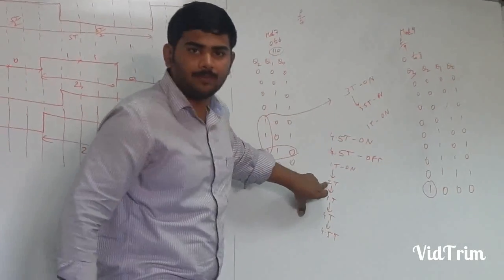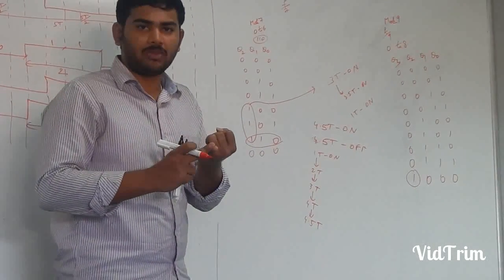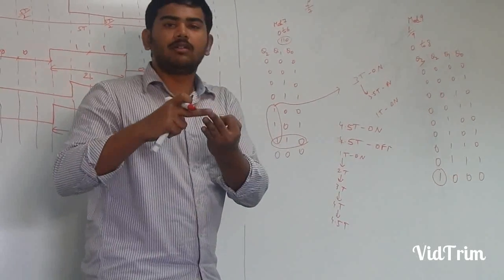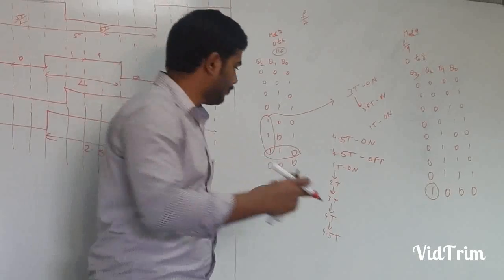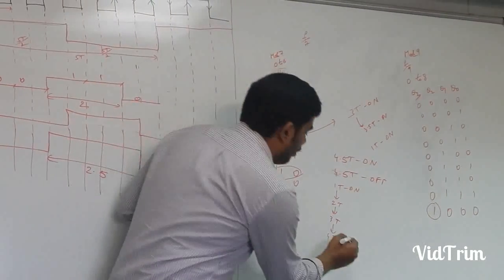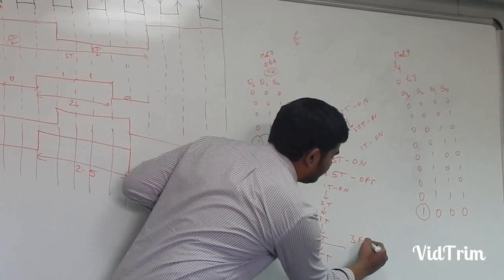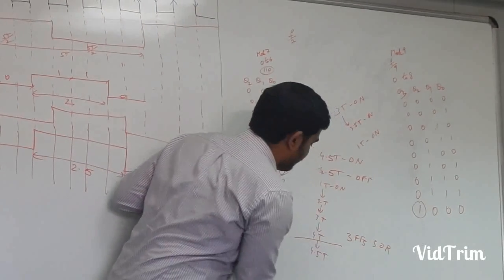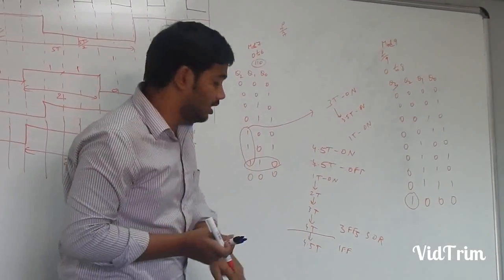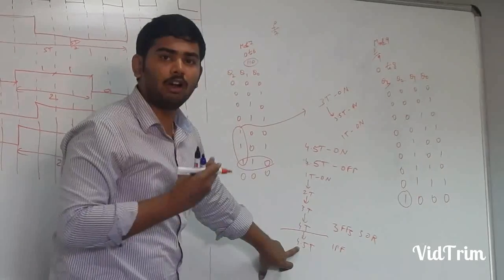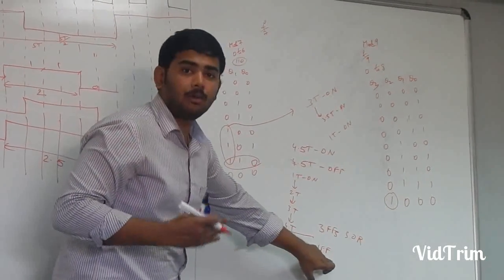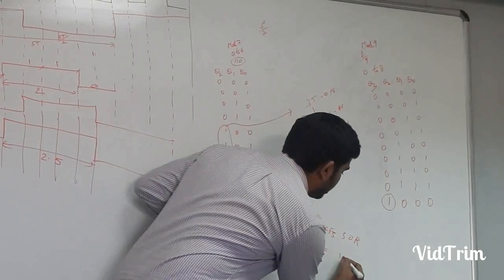1t to make 2t, I need 1 extra clock pulse, 1 OR gate. 2t to make 3t, 1 more flip flop and 1 more OR gate. 3t to make 4t, 1 more flip flop and 1 more OR gate. So by here I require 3 flops, 3 OR gates. And here I require 1 more flop capturing at negative edge. Why? Only 0.5 delay I want. 0.5 clock pulse delay, half clock pulse. So 1 flip flop capturing at negative edge and 1 more OR gate.